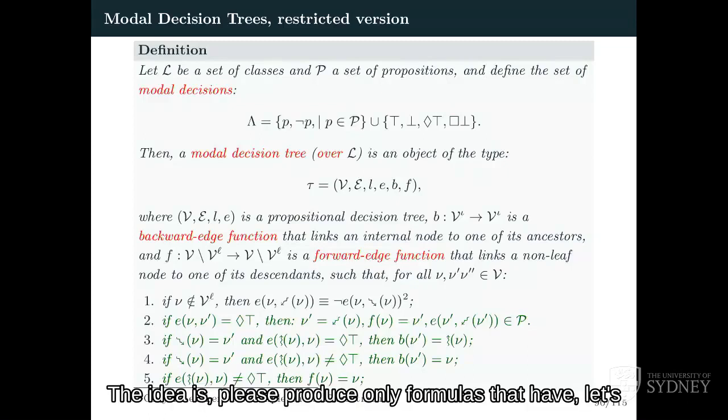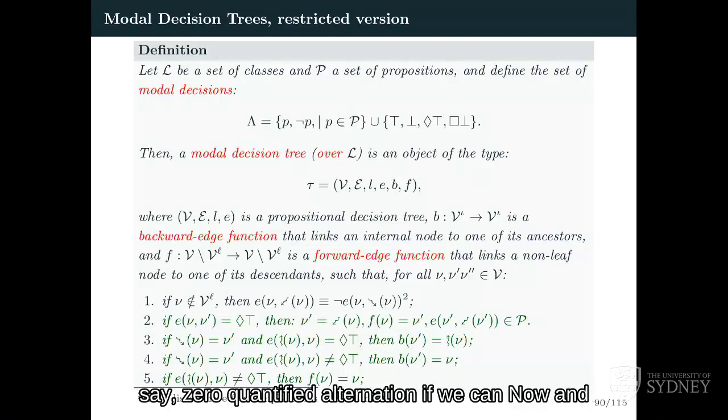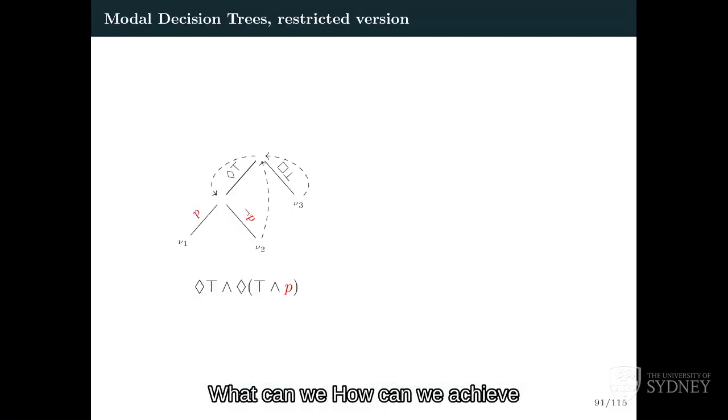Now, it is not really useful to go see the details of this condition. We got the idea. The idea is: please produce only formulas that have, let's say, 0 quantifier alternation if we can. And let's see what we can achieve, and how we can achieve this. Oh, there is one other thing. The other thing is, we already knew that